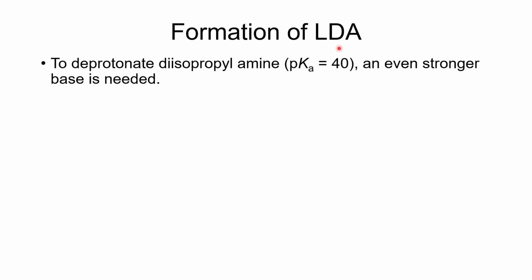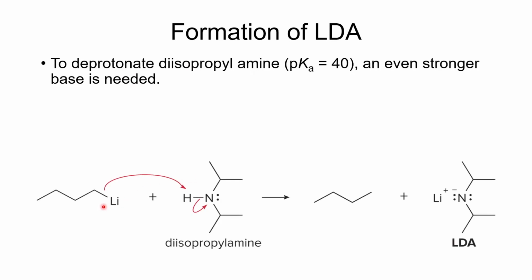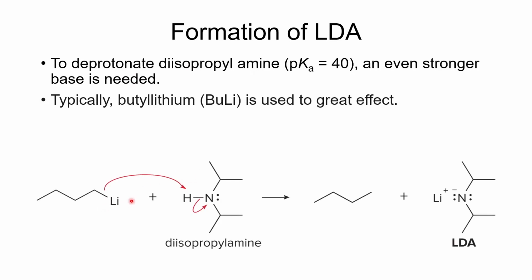So how do you form LDA? Let's say you don't want to buy LDA from Sigma Aldrich for $317 for a 25 gram sample. Let's say you want to make it. Well, you can make it. You can make it if you use the lithium diisopropylamine as your starting material, but you need an even stronger base to deprotonate it. So the stronger base is going to be something like butyllithium. So you can use butyllithium to convert the lithium diisopropylamine to LDA,